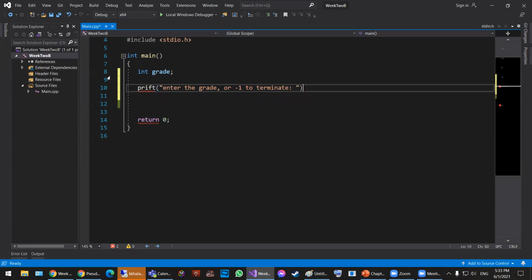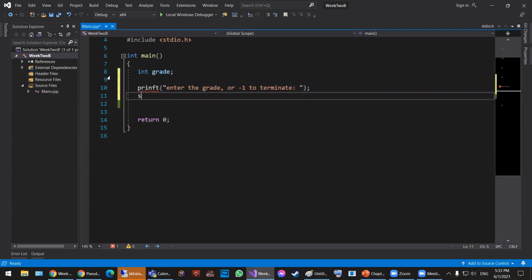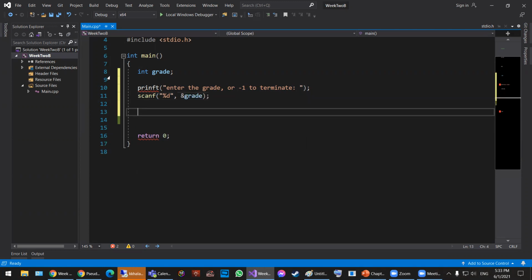So printf, then scanf as decimal into grade. Great. Then I'm gonna say while, this keyboard sucks, while grade is not equal